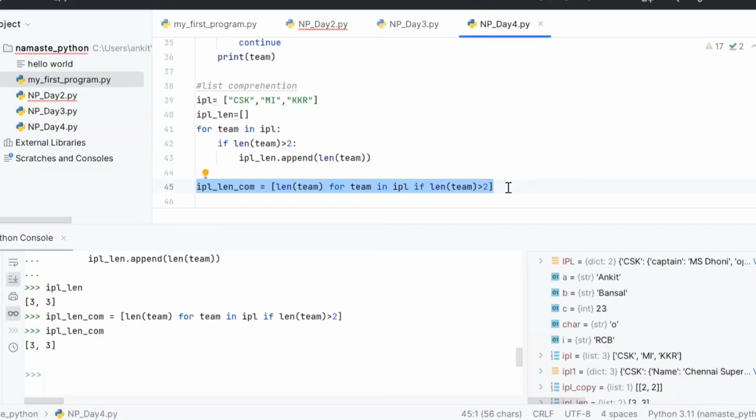Sorry to interrupt you. Does this sequence matter, or can we put things anywhere? No, this sequence matters. First should be the element you want, then the for loop, and then the if condition. You cannot change it. Ankit, is a single space working here?